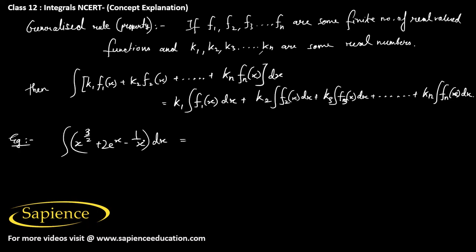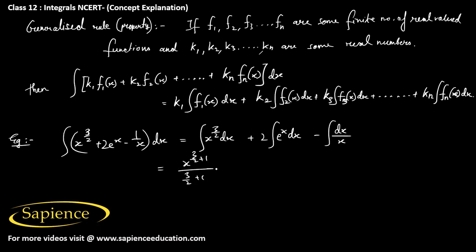If we integrate it, then we will get integral x power 3 by 2 dx plus 2 into integral e power x dx minus integral dx by x. So this will be equal to x power 3 by 2 plus 1 divided by 3 by 2 plus 1, since we know that integral x power n dx is equal to x power n plus 1 divided by n plus 1,